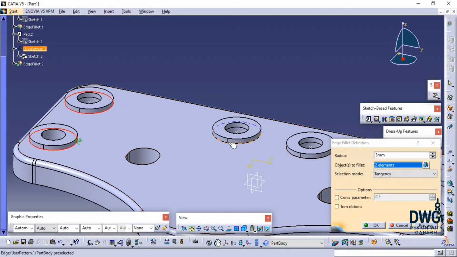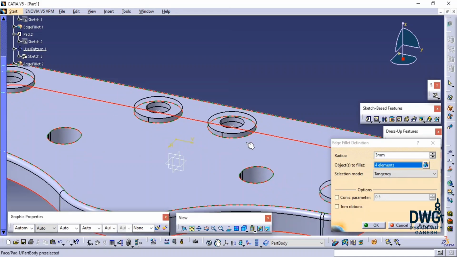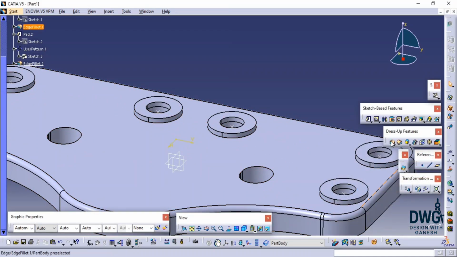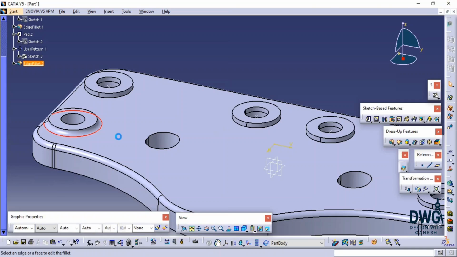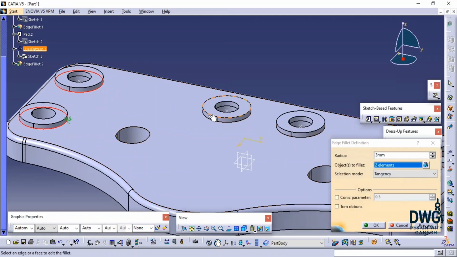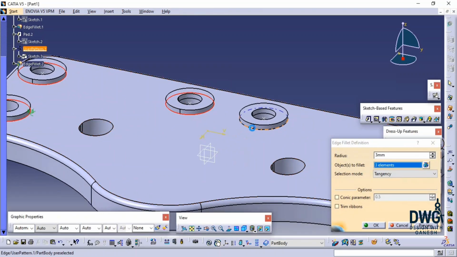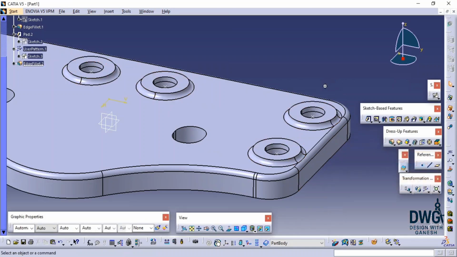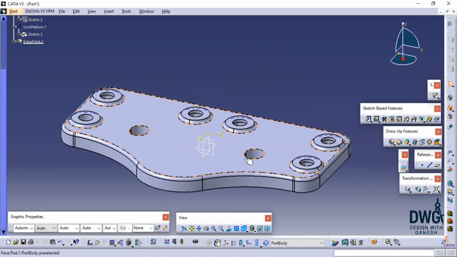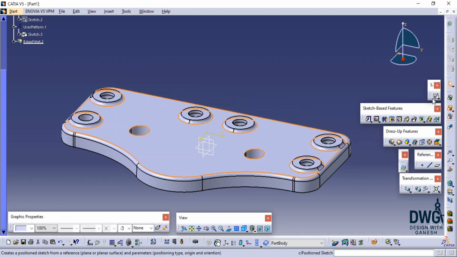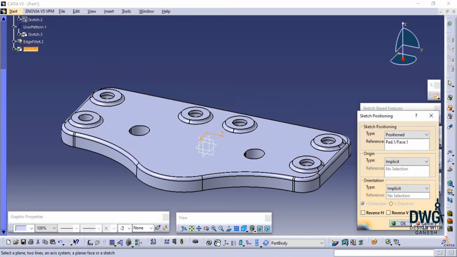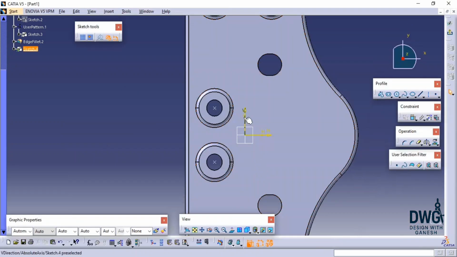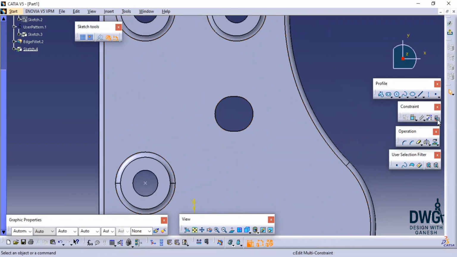So what you do is you need to select these fillet edges manually. Double click on this and you can choose every single edge properly. So some mistake was made here, that's why it did not come. Select these edges properly. That's it. Click on OK. So now a radius of 3 mm is applied, fillet is applied at every single hole. Now next thing is